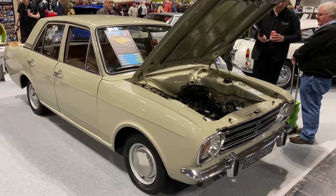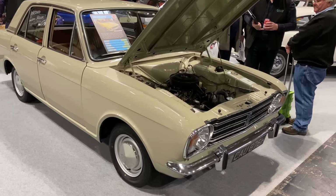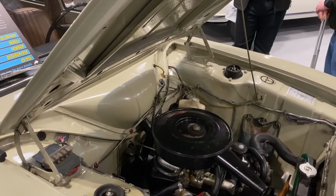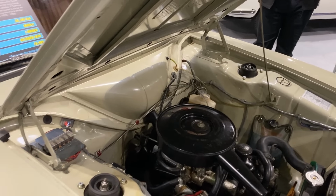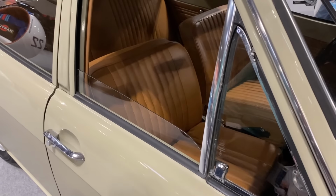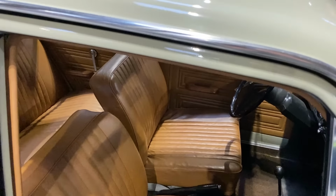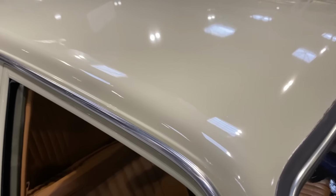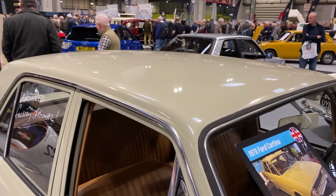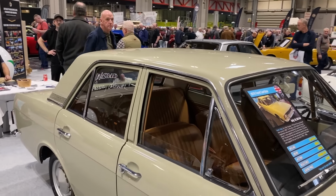So I must share the fascinating story about this Mark II Cortina. I know you've seen a few Mark II Cortinas, maybe even on this video, but this one has 30,366 kilometers. So apparently, on the 15th of October 1970, MLN's purchased this Cortina, and today it still retains the same Swiss registration documents. And you know what? It's never been restored. It is exactly as new. It was supplied by the dealer. It shows the owner's name as the only keeper,